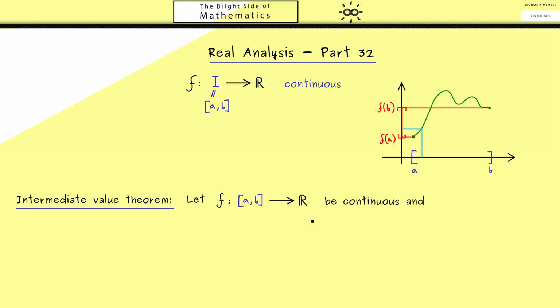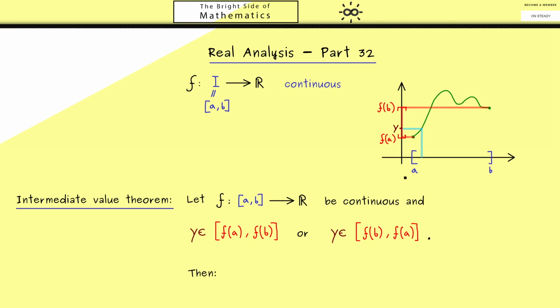Now, what we have to put in, we already know. We only need two assumptions. Firstly, f should be a continuous function defined on the interval [a, b]. And secondly, we take any number y on the y-axis in this interval. Okay, if we want to be precise, we write down both intervals, the one where we start with f(a) and the other one where we start with f(b), just depending on which of the two numbers is the smaller one.